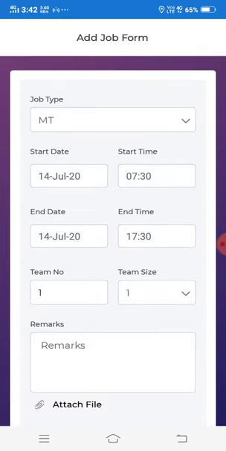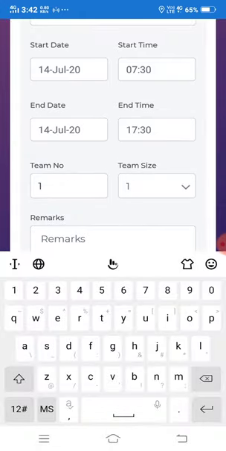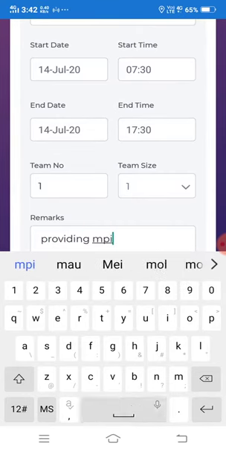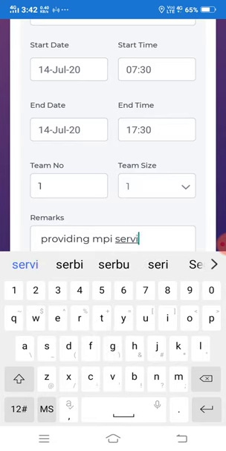The team size is already 1, so now I am providing MPI services as the remarks.